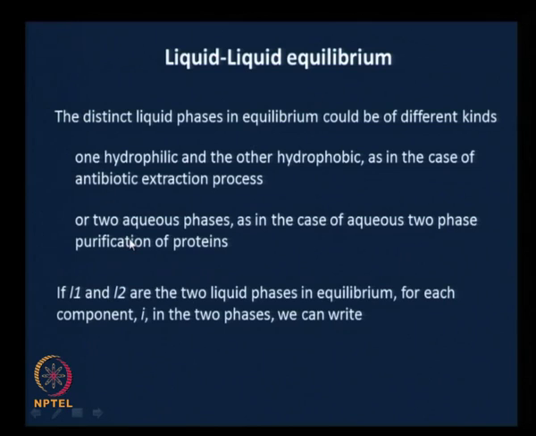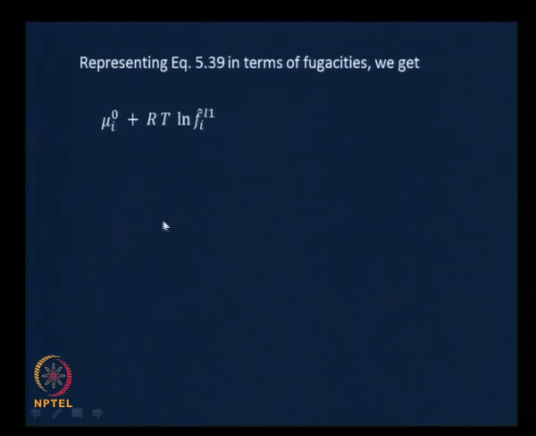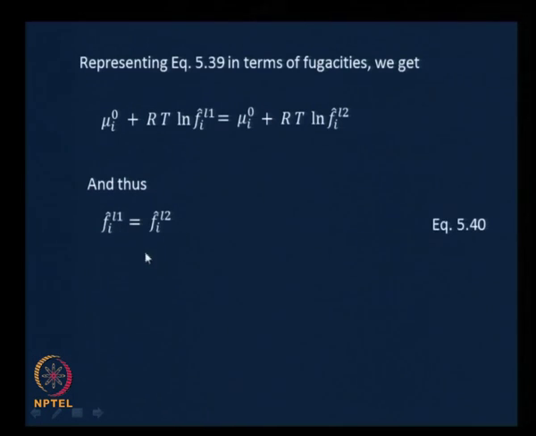And if L1 and L2 are the two liquid phases in equilibrium, for each component we could write the equality of chemical potentials, and from this expansion comes the equality of the fugacities of the component i between these two phases. And utilizing equation 4.8 in module 4, you could write the fugacity in terms of pure component fugacity,